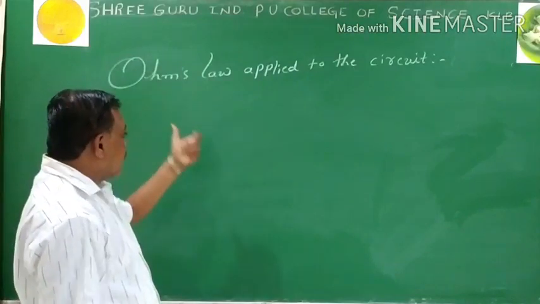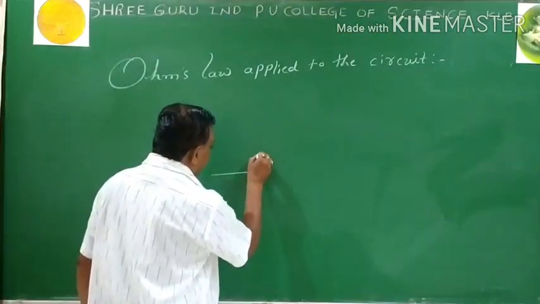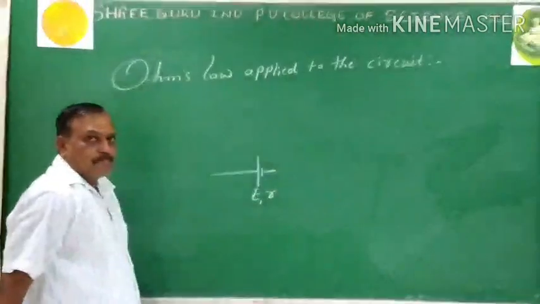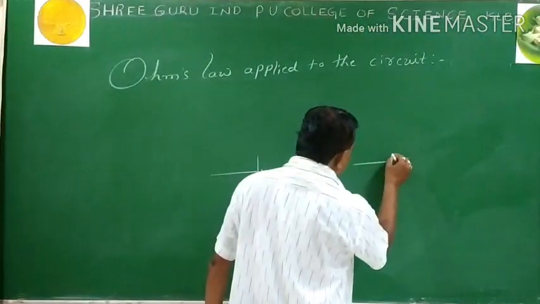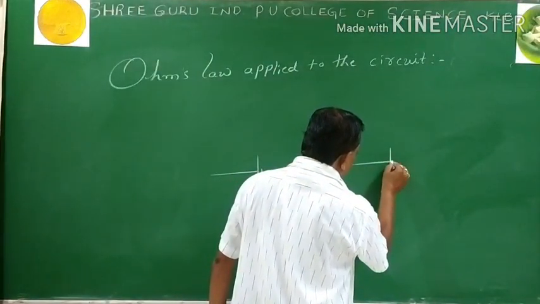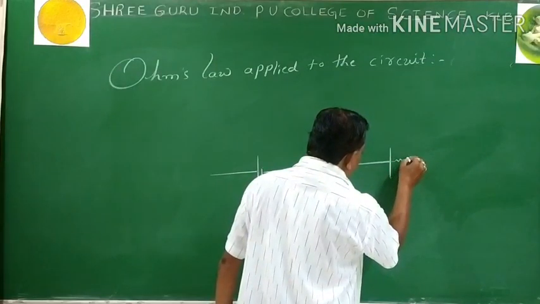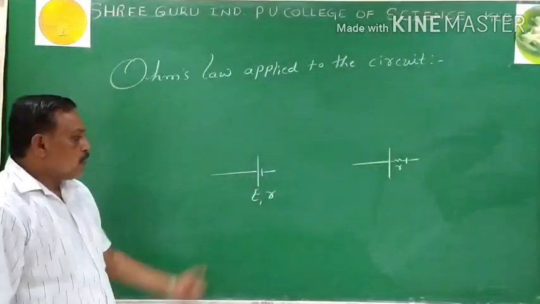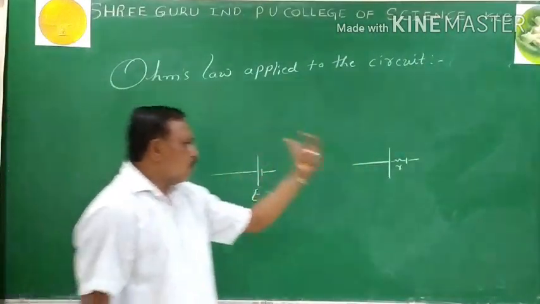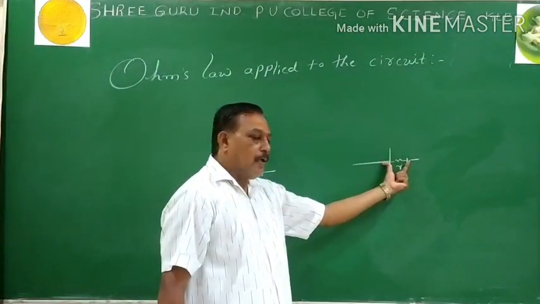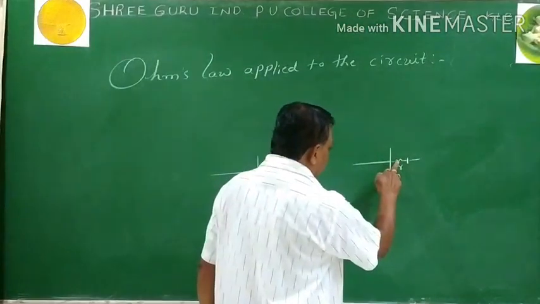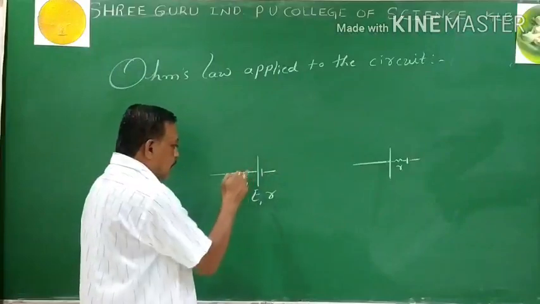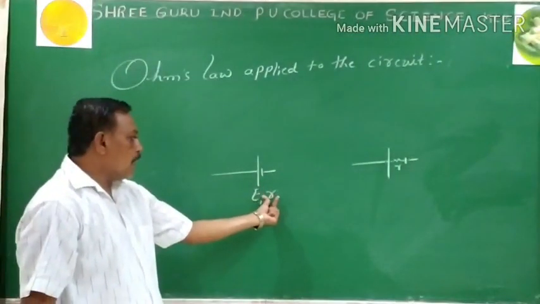So when I take a cell of EMF E having internal resistance r, the internal resistance inside the cell is like this. This is the cell, the positive terminal of the cell. This is the internal resistance offered by the cell to the flow of current through it. This is the negative terminal. While drawing an electric circuit, this is somewhat awkward, so to simplify the circuit, instead of writing that between the positive and negative terminals, we mention the EMF of the cell is E and the internal resistance is small r.